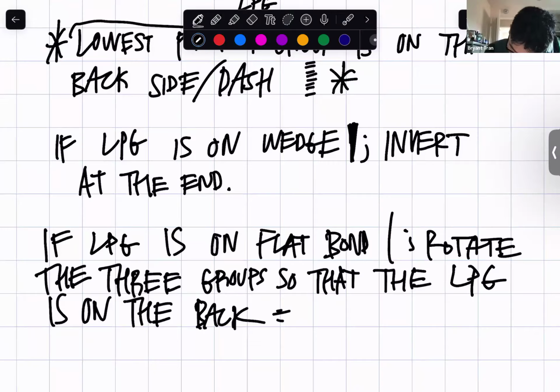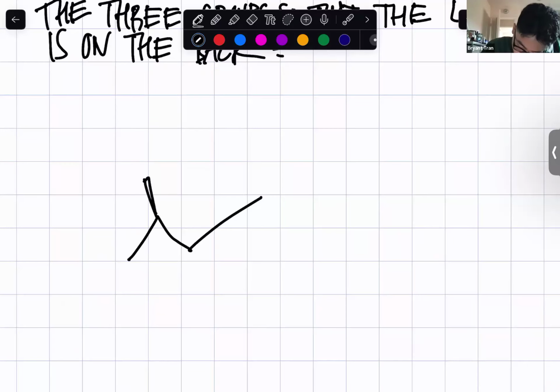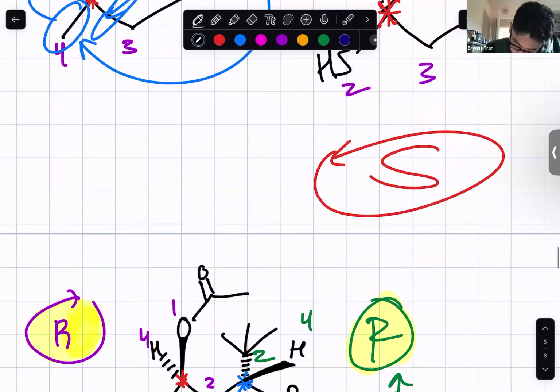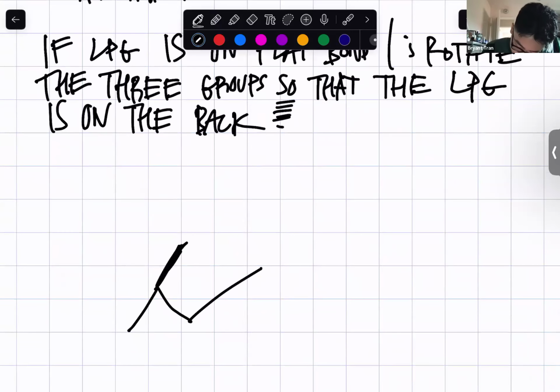So for example, what we had earlier, we had this molecule with this chiral center,